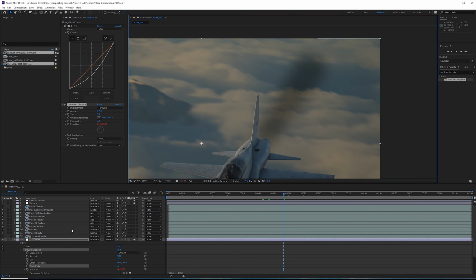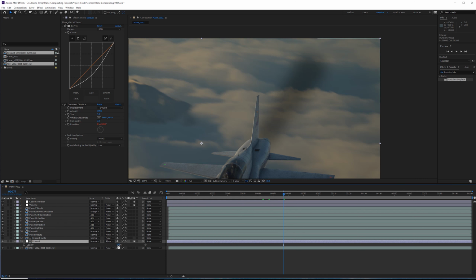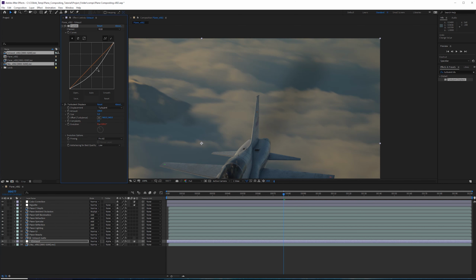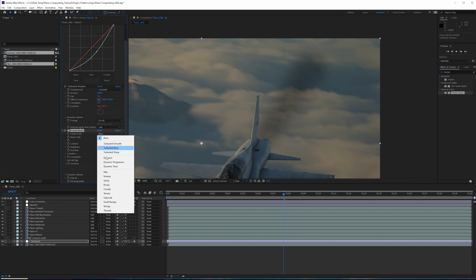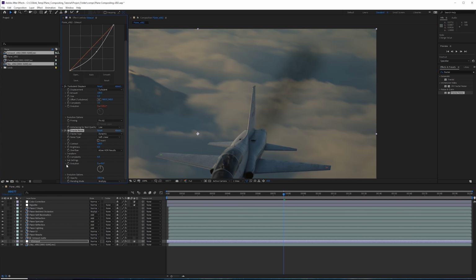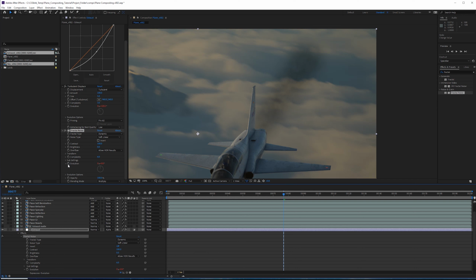We can either adjust the curves values, or we can click T and then just lower the opacity. So we're just going to increase these curves a little bit, make it not quite so dark. We could also add a fractal noise pattern over the top of this. We can change the blending mode to be multiply. The noise type, we could say dynamic. Go into the transform and then just reduce the scale quite a bit. And we can also do the same thing with evolution. Type in time, asterisk, and then maybe something like 2000.